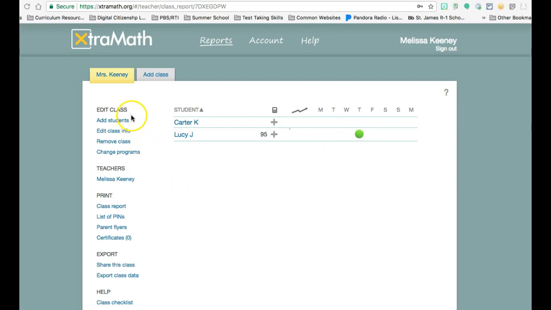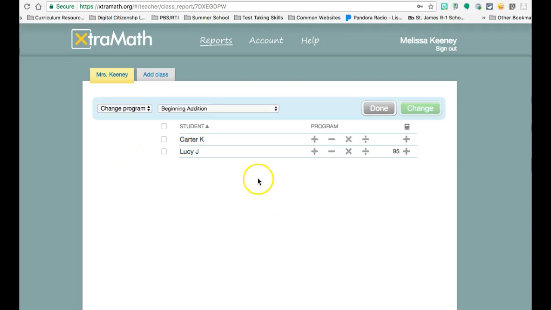There are options over on the left-hand side, the edit class, and we've gone through add students. You can edit your classroom information here. You can remove a class, and you can change programs. The change programs is very helpful because, as you can see right now, Carter and Lucy are both on the beginning addition program. If I wanted to change Carter, let's say to addition and subtraction, I could do that. And I would just have to pull through the drop down and hit change, and that is indicated here on